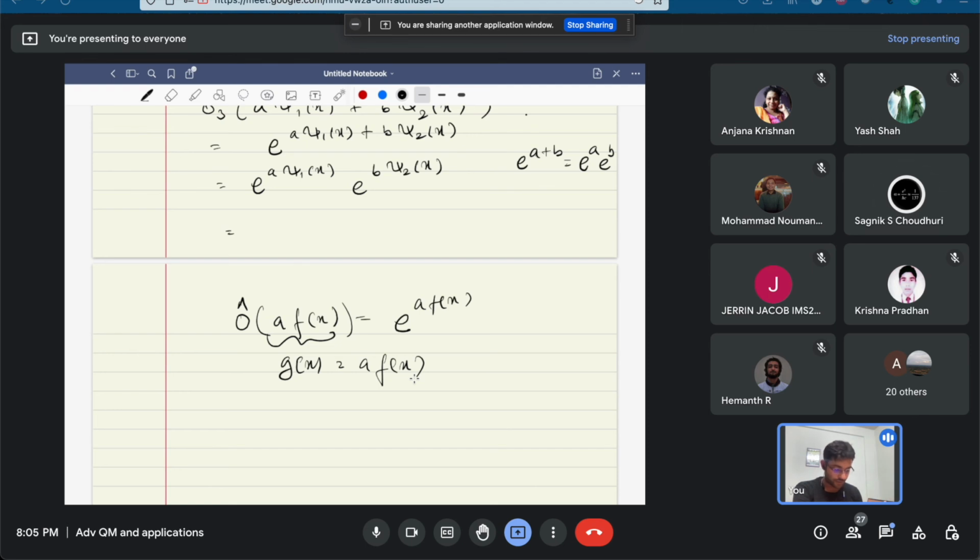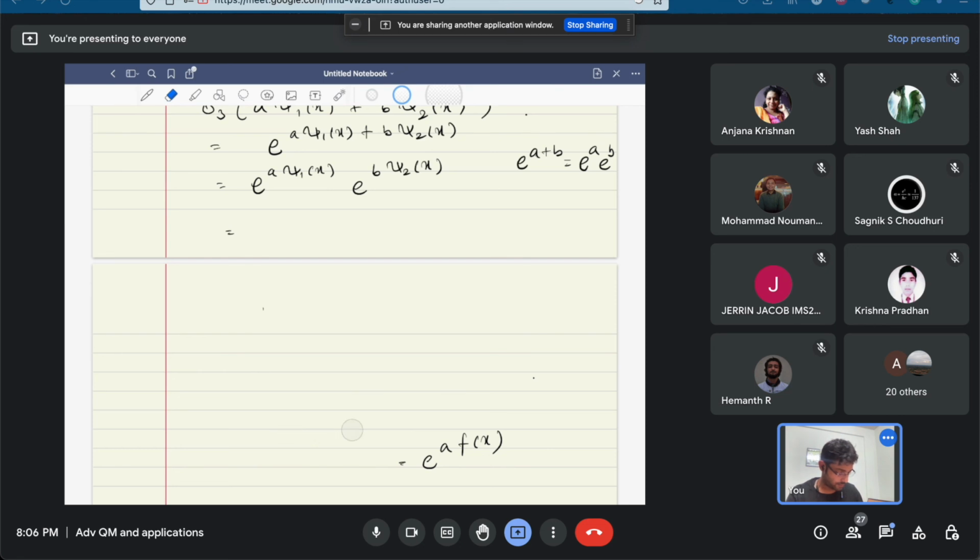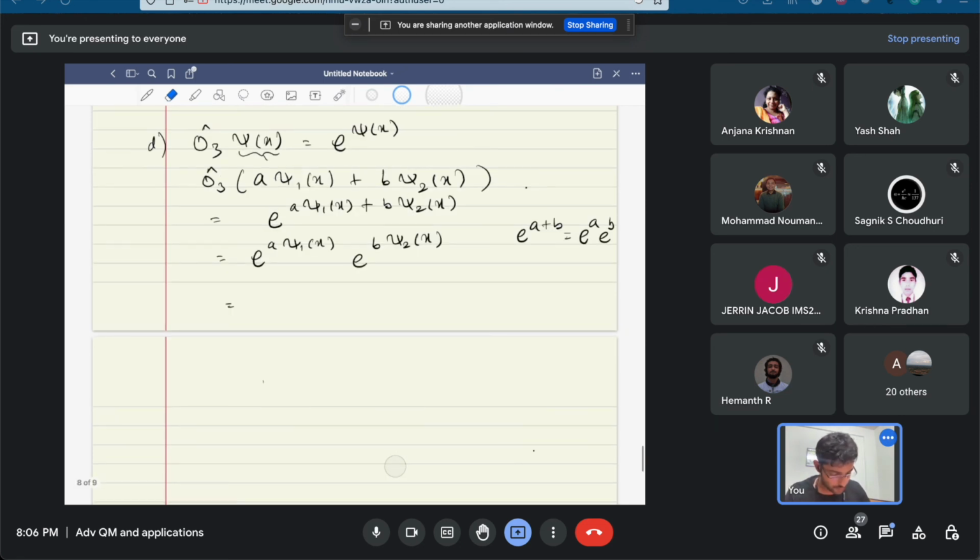Even if a is not a function, if g of x is defined as a f of x, a is a constant. But if you are writing O g of x equal to e to the power g of x, and then you substitute this, what you will get is e to the power a f of x, right? Okay. So what we have here is essentially e to the power a, you can take out into e to the power,